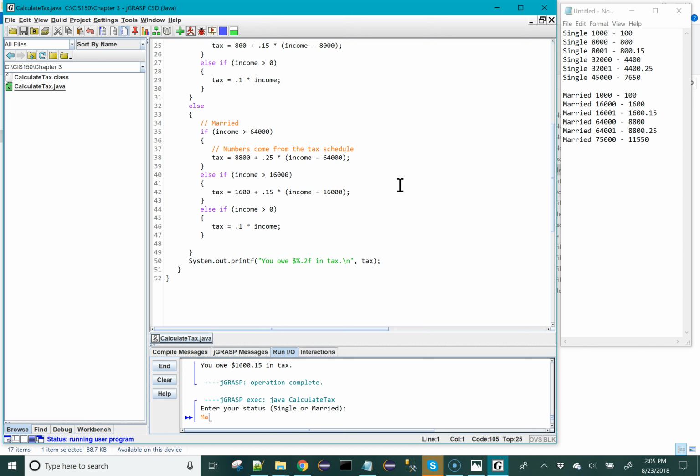Go ahead and test married again. We'll enter the upper limit of our middle bracket, 64,000. Comes back as $8,800, and then now we're going to test our upper bracket for married. It'll be 64,001. We'll go ahead and hit enter. It should be 25 cents greater since